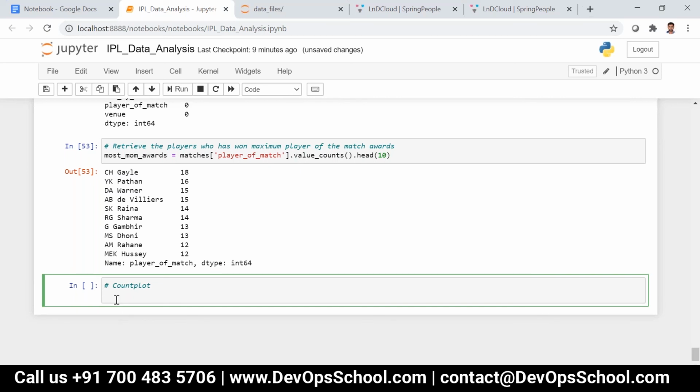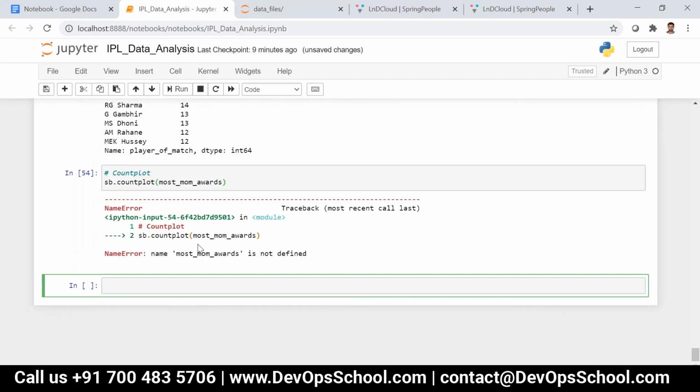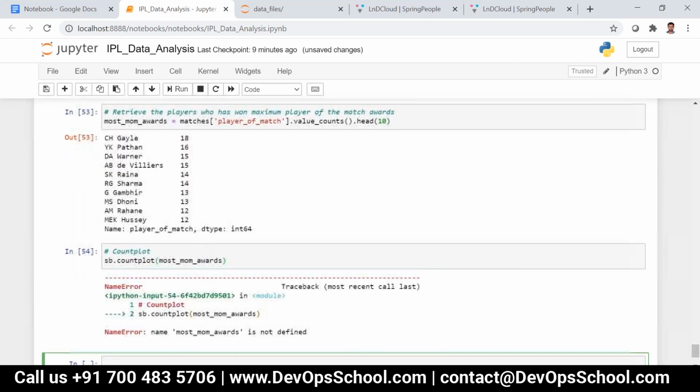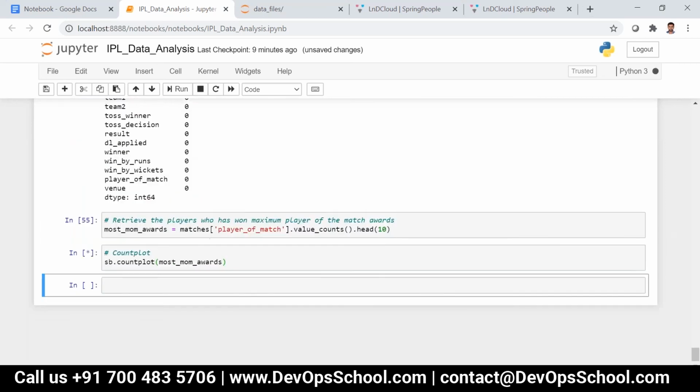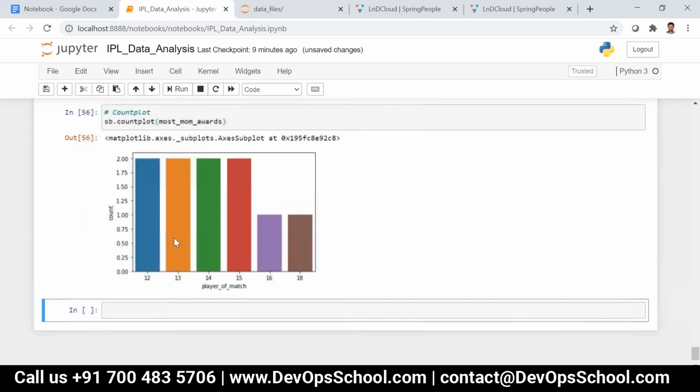So I can say sb.countplot, and then I can write most man of the match awards like this. I didn't execute it, is it? Okay, now you can see, something like this.